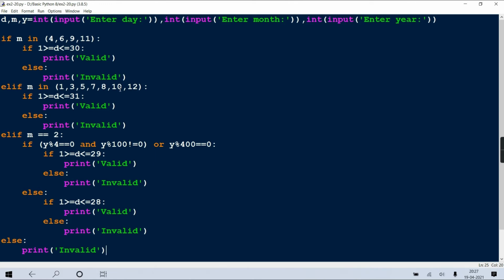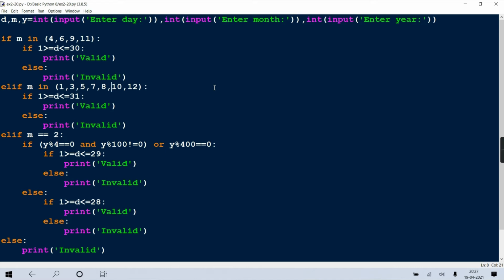Tenth month, no? So in the if condition, you have put an operator, I think. In the second if, no, sorry. Check it. If others can find out, it's okay, because sometimes I may not find it. In the if, what is the expression? 1 is greater than equal to d, right?